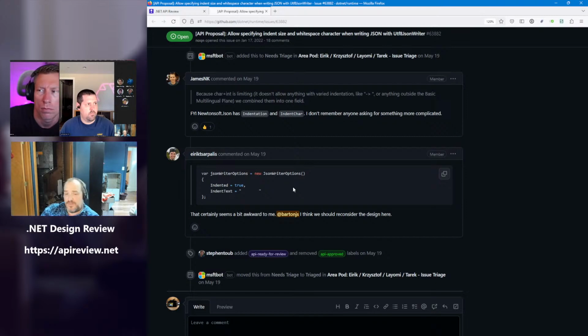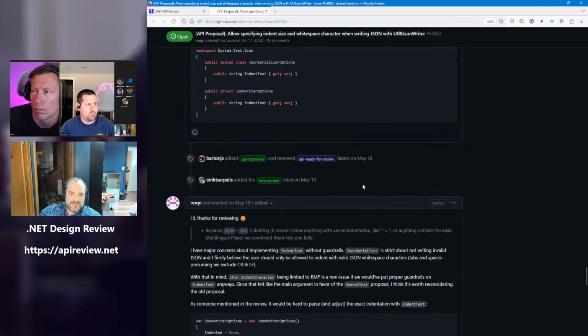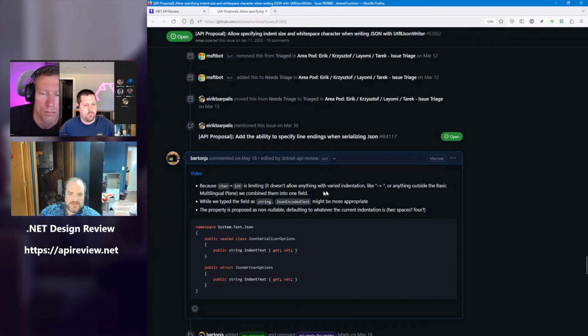Right. So the notes that we wrote down here are, it doesn't allow for somebody doing something fancy with arrows, and it doesn't allow anything that requires a surrogate pair. So you've said nobody can indent with emoji or Japanese.